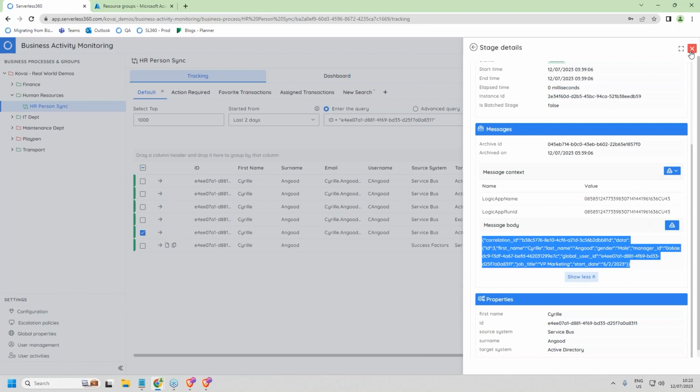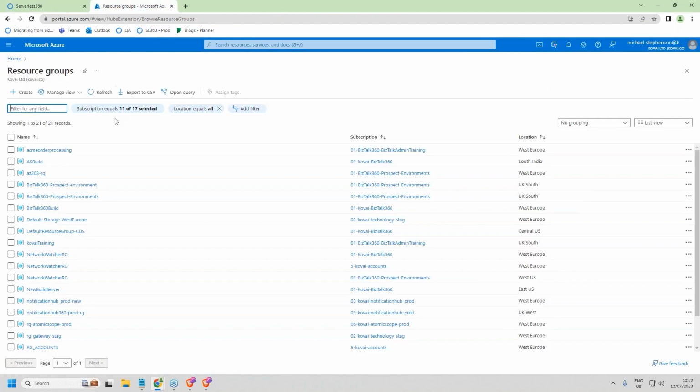So maybe in that case, it's a message that said, go and create this new user based on that trigger from Success Factors. Now, the logical question people in the audience probably have right now is, how do I get this data from Logic Apps to Business Activity Monitoring? So over in my